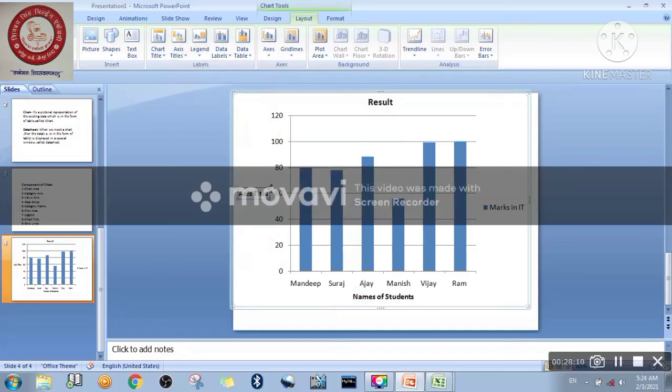And in the second form you will use the primary vertical axis title. There is space created here, and you can write here marks in IT. Right now I have given the title. So I think you are able to see each and everything I'm trying to show here.